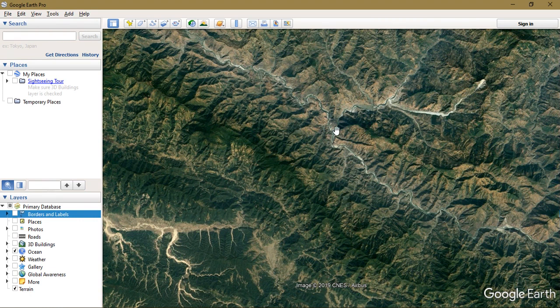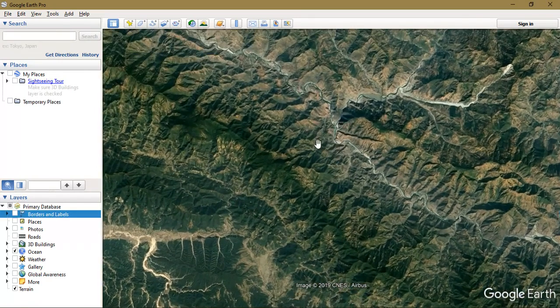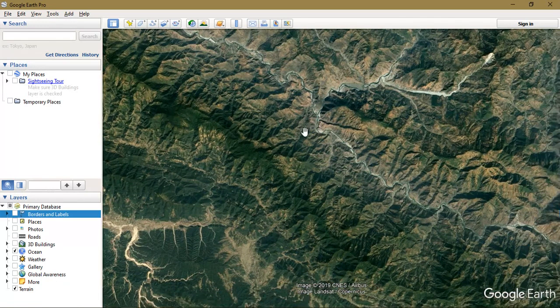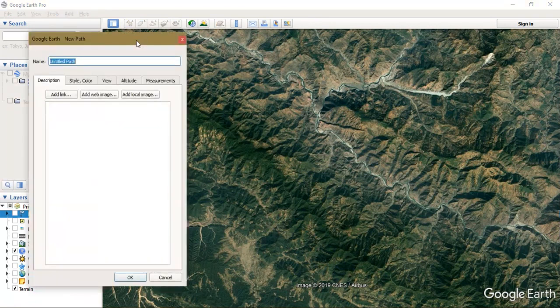Today I'm going to show you how to generate a DEM and contour map using Google Earth, from where we are going to export it as a raster and contour using the software ArcGIS. So first of all, we need to create a path, that is a line. You can select the option from Google Earth, add polygon, add path. So we are going to add a path right now.